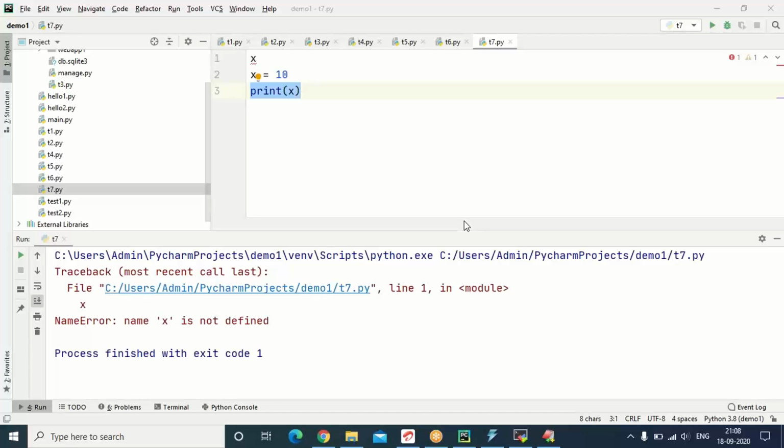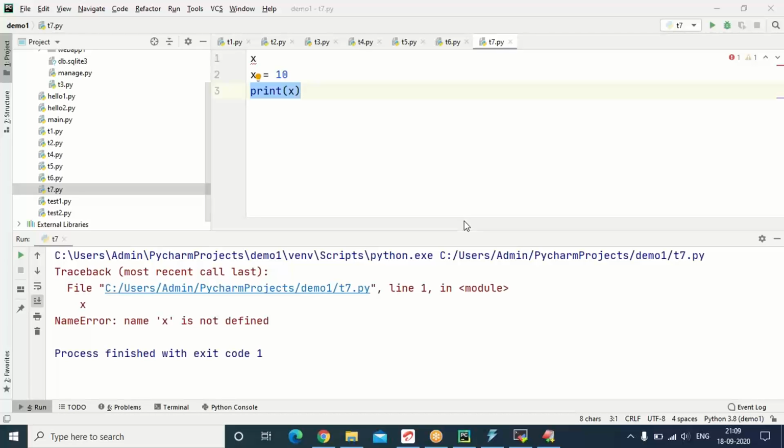Why? Because Java allows one type of values in one variable. But Python allows any type of values in one variable. That is why we should not specify explicitly data type while declaring a variable in Python. Whereas in Java, while declaring a variable, data type is mandatory. This is the first difference.